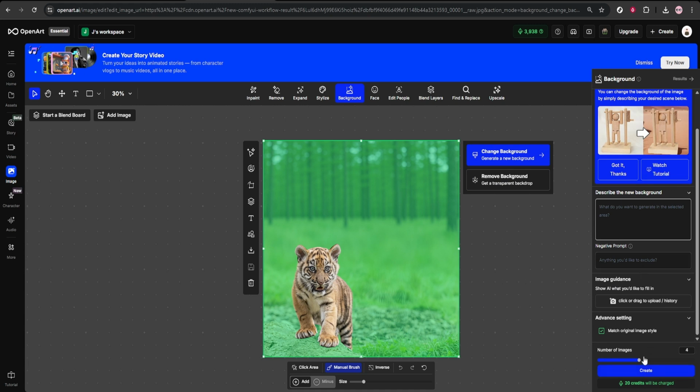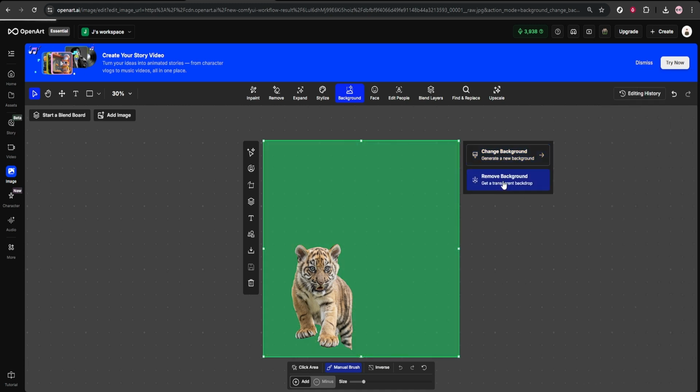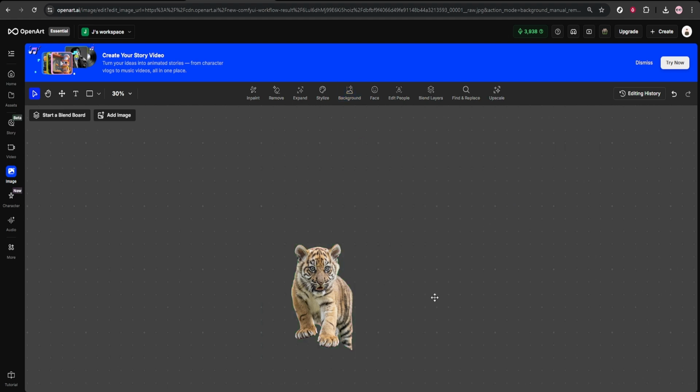That's it. You've uploaded an image, expanded the scene, guided the AI with a prompt, and updated the background, all in OpenArt. Pause, tweak, and